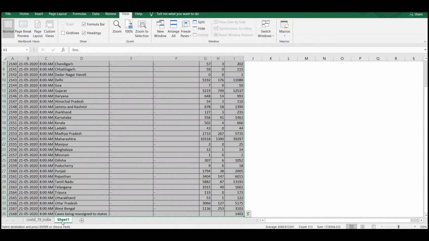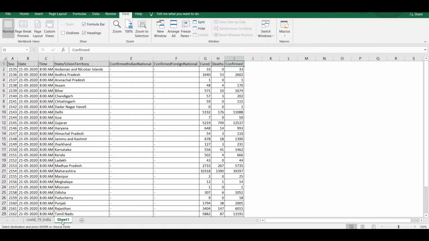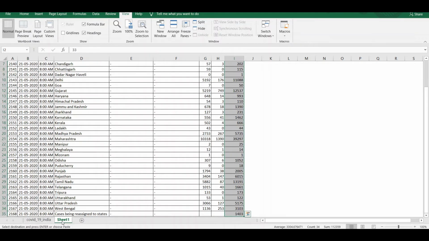Now I will create a copy of the data for only 21st May, just as an example, and then I will expand it later with the complete dataset for a broad visualization. And you can also compare that the total number of confirmed cases by 21st May was roughly around 1,12,000.